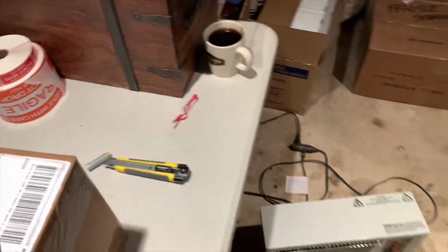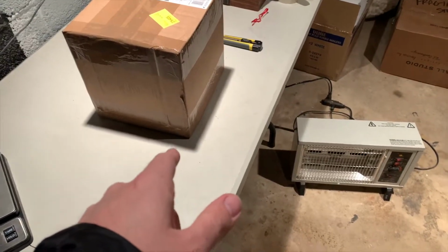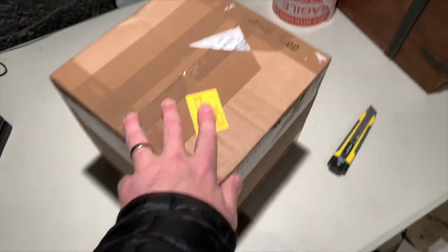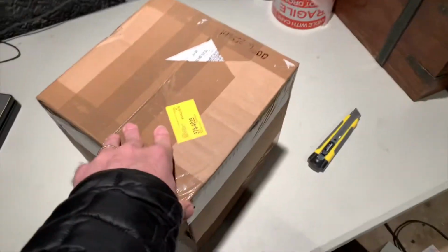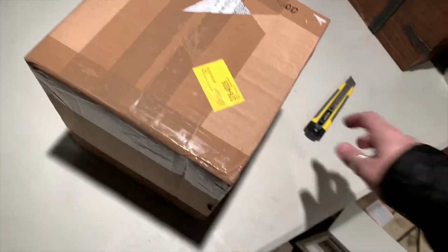A couple things here. I'm gonna do an unboxing. Oh my God, I just showed you my address. Hold on, I'm gonna have to cut that. A couple things here. I'm gonna do an unboxing and I'm gonna rip off this label so I can actually film this box. 1 second. All right, so unboxing time, ladies and gentlemen. So I know what's in here, but I'm going to have it be a surprise for you